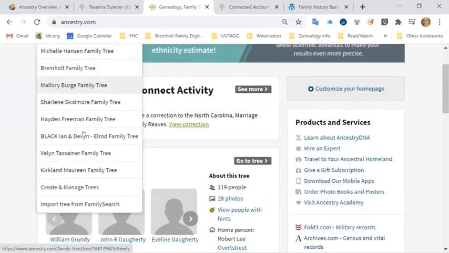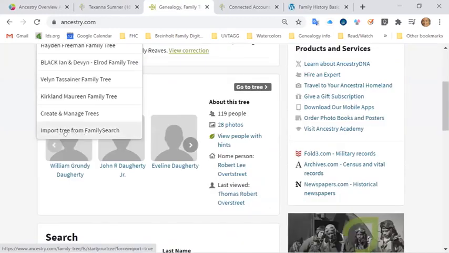Or one way to do it is here, it says import a tree from Family Search. For example, it will only import four generations. So you could create one tree that's your mom's tree, and then delete the other side, and name it your mother's name, and then the other one name your father's name. This helps